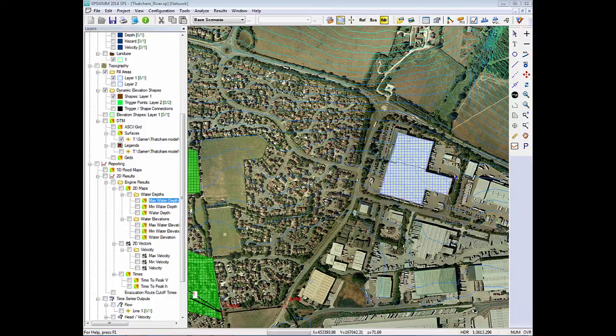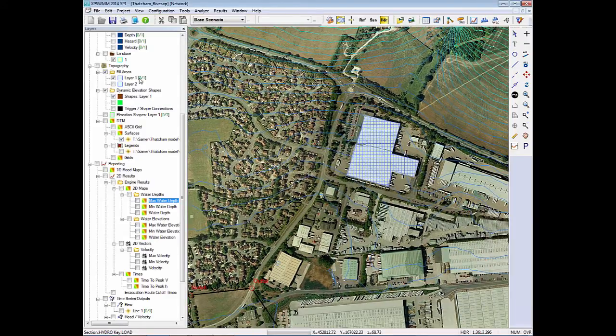Yeah, thanks for this question. Very, very interesting one. Yes, we can model the basement storage. However, in this situation, we need to be careful about the grid size. We need to have very small grid cells, because if your building has only 2 or 3 grid cells, you won't be able to model the basement. So in this situation, what we can do is draw a fill area